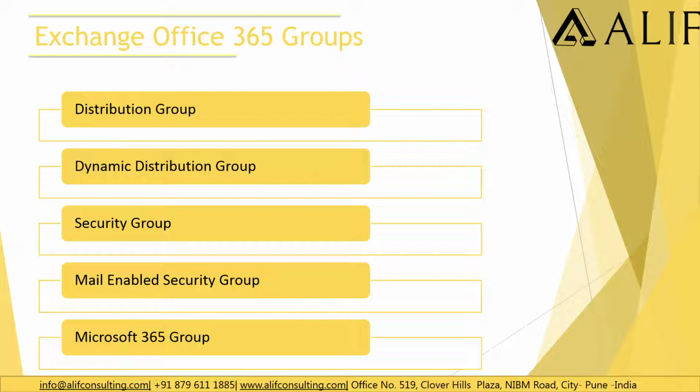So let's say I am running a school, and within the school I have numerous students. From some practical sessions, students are getting added. I have added 10 members, and I know that in the coming week I still need to add 5 more students to this group. So the question would be whether I would add those members in a distribution group or in a dynamic distribution group. If I knew that this is a continuous process that happens every week, every month,